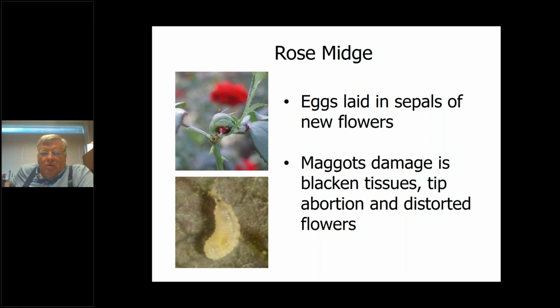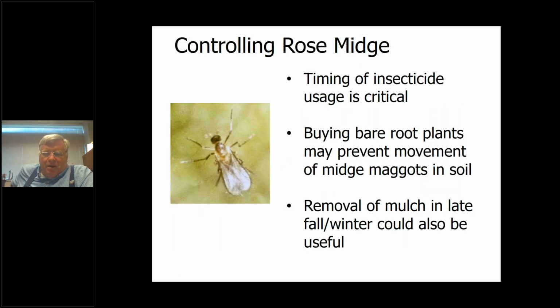The blooms can be very distorted, and if you go digging in that distorted bloom, you're going to find maggots, or a maggot like what is in this bottom picture, but it won't be that large, but you'll certainly be able to see it. Here's a picture of what the little fly looks like. Insecticidal usage can be difficult because timing is so critical. You've got to get it when that fly is flying around and laying eggs,